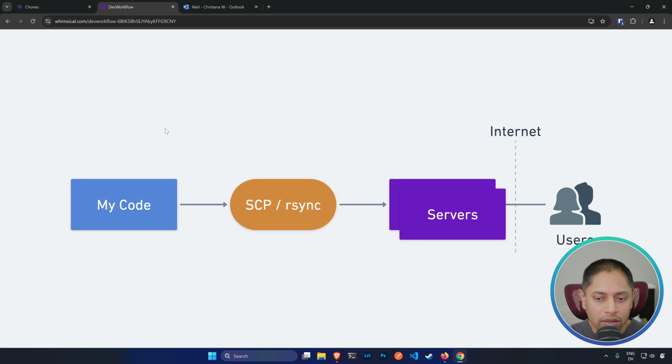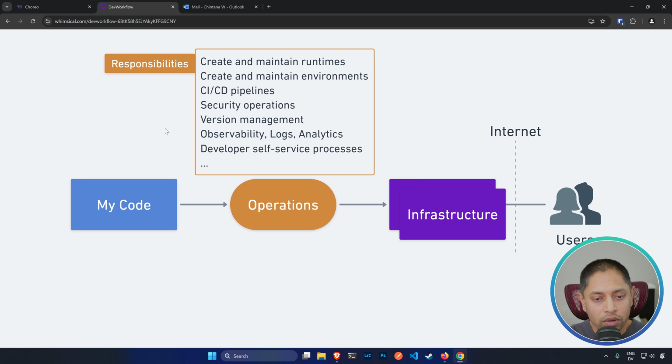So when the application and the users grew, I had to add more servers. Then I figured out this: okay, instead of doing SCP to each and every server, I could just copy my code to a directory on my local machine, and then configure an rsync process to copy the code to all of these servers. And then when you grow as a company, as the infrastructure and the services that you use grow,